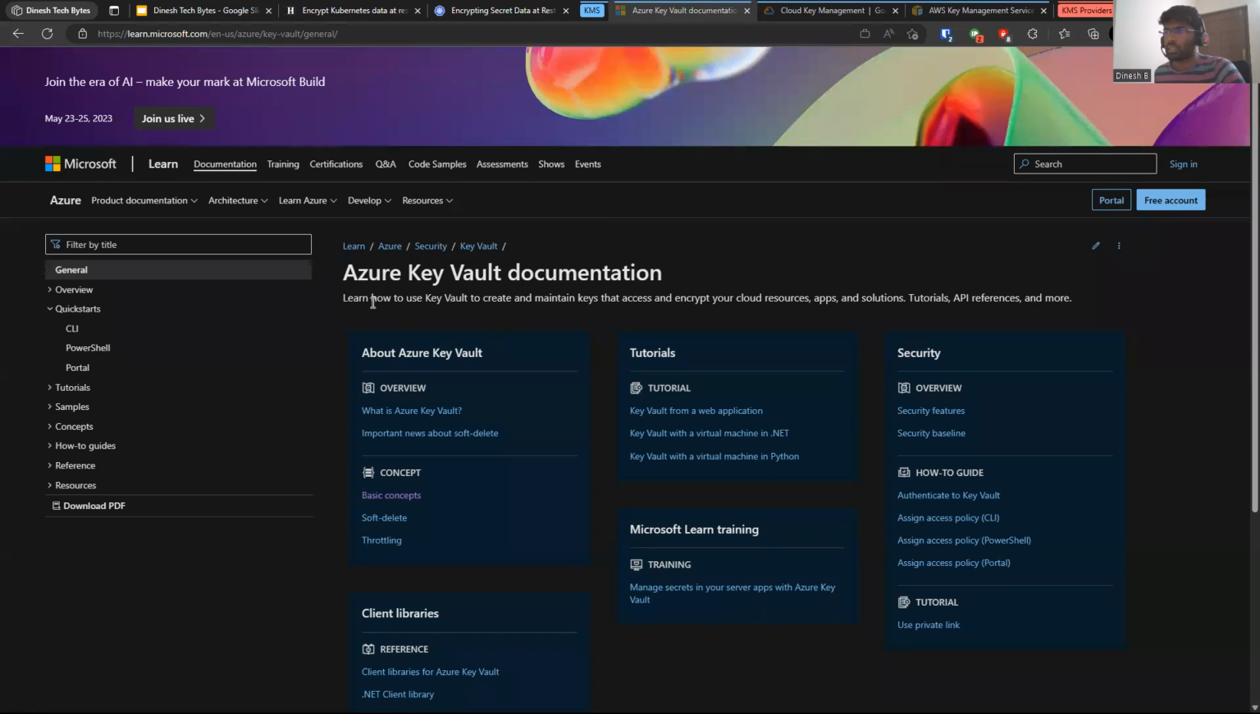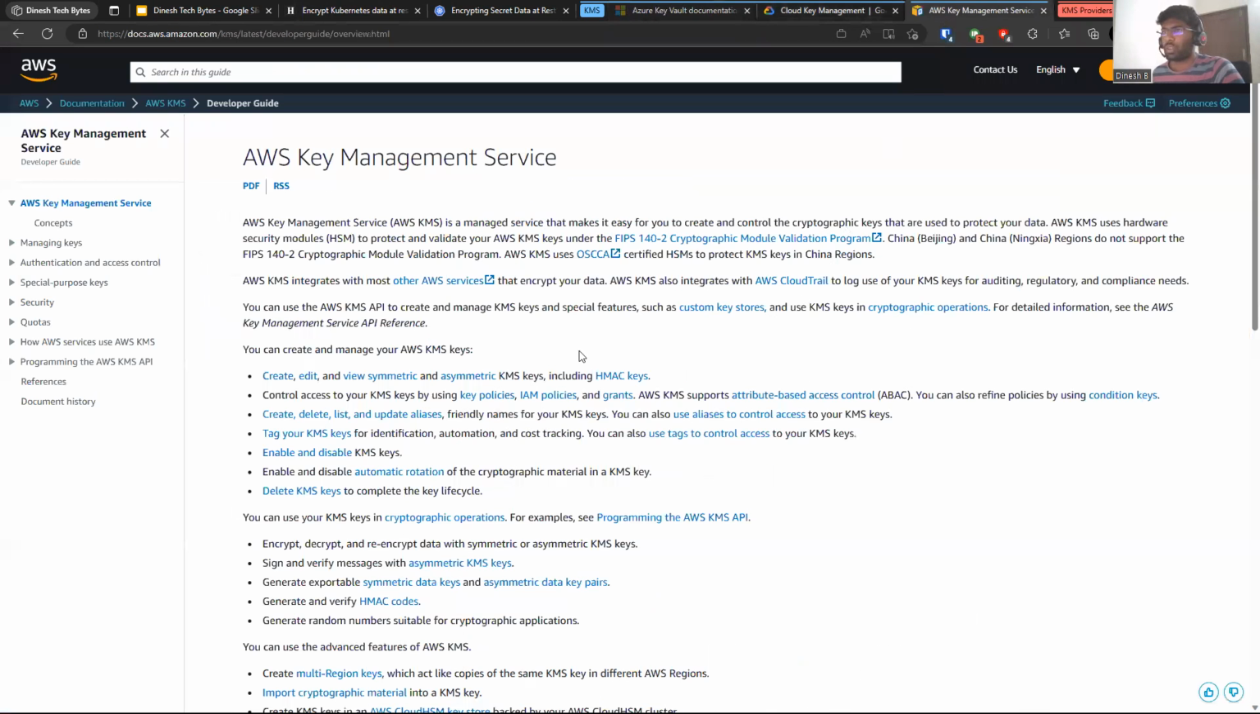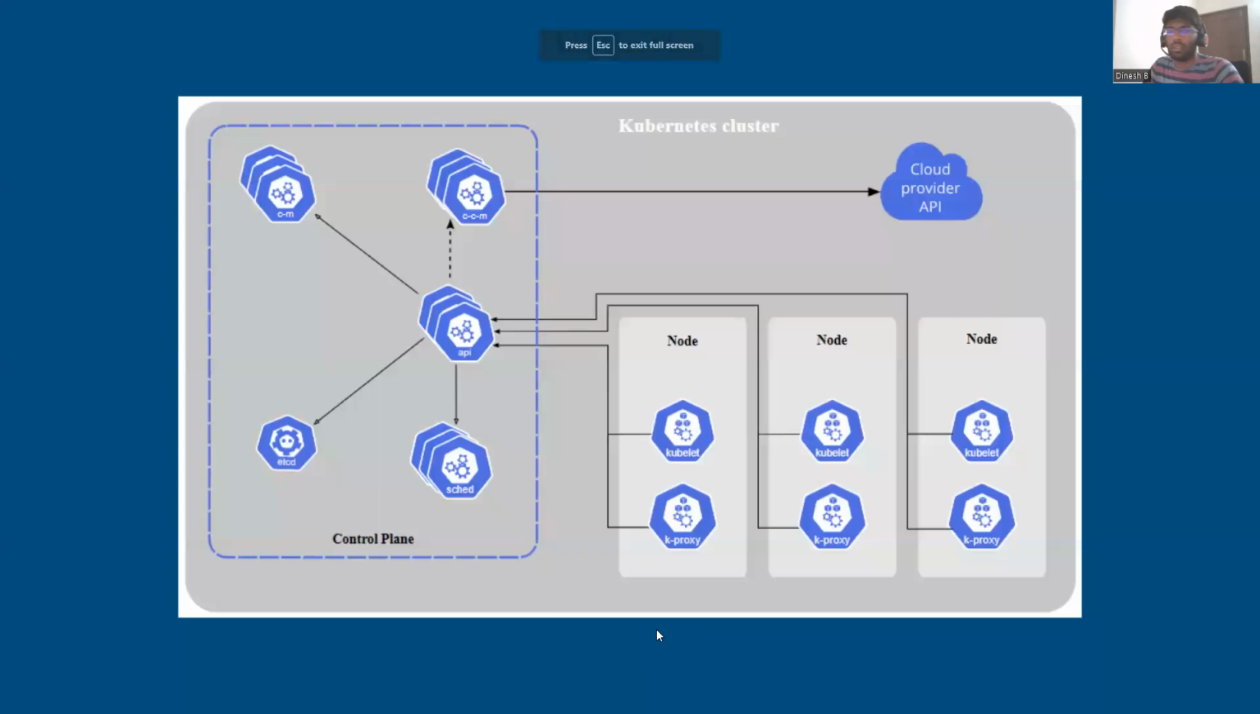Yeah, if you see, this is the Azure Key Vault solution, this is for Google Cloud, and this is for AWS, which means we can ask our API server to talk to these services while encrypting and while decrypting. Let's see how to do that. In this diagram,